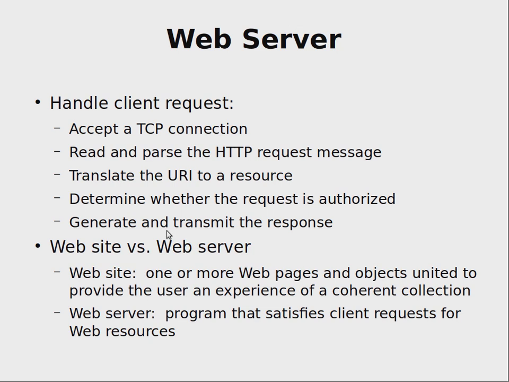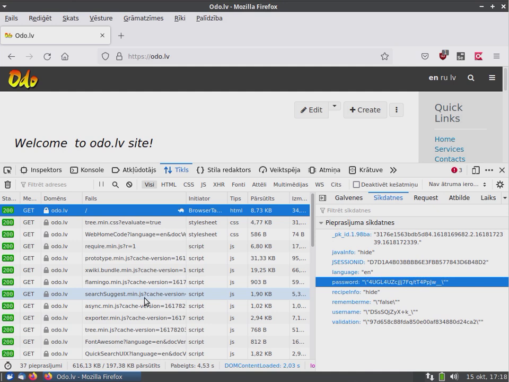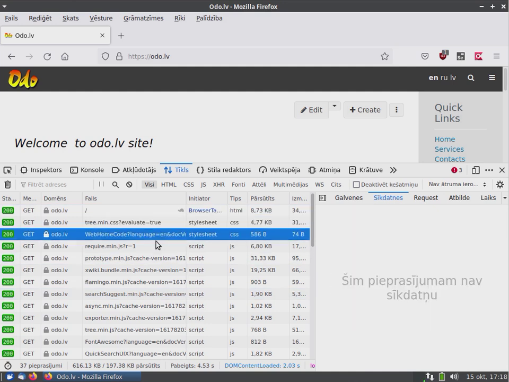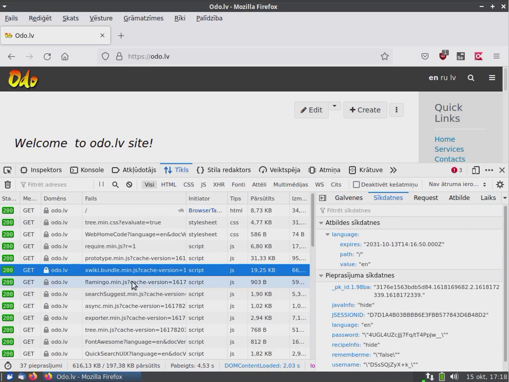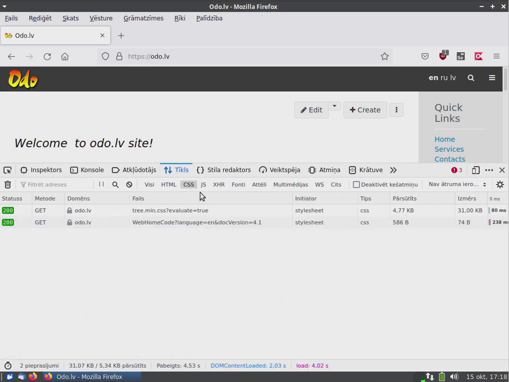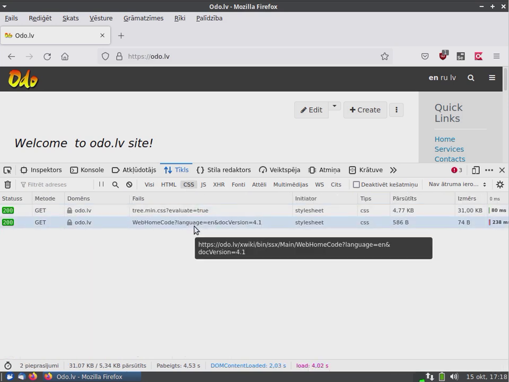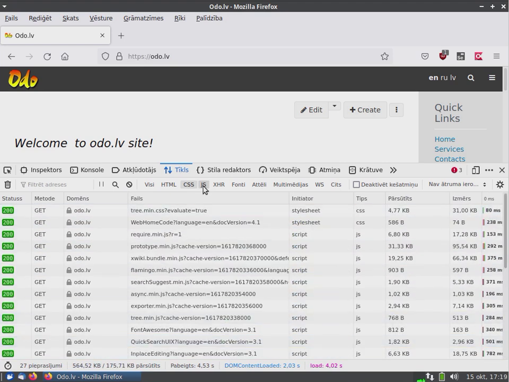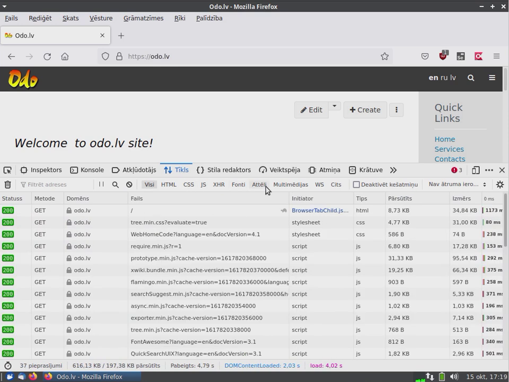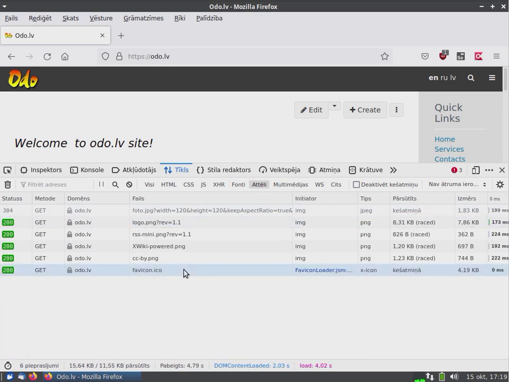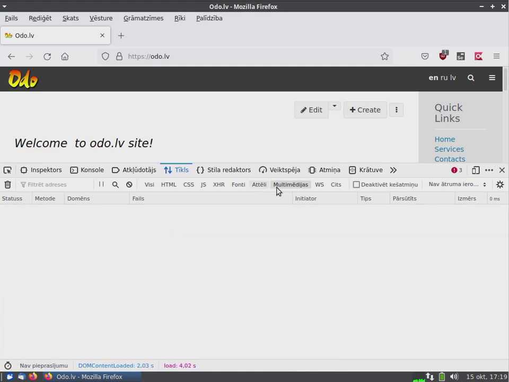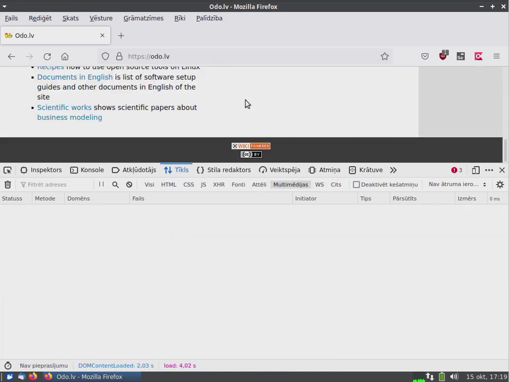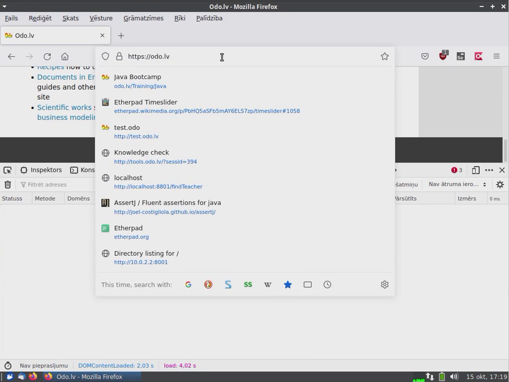And so web servers are handling these requests coming from the client. They send data, and when these data are interpreted by the client, then the client requests many more different kinds of resources. So here are CSS files downloaded additionally. Here is a list of JavaScript files downloaded additionally. Here is a list of pictures downloaded. No other multimedia here, but if we open, for example,